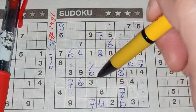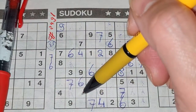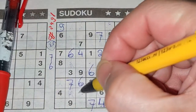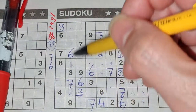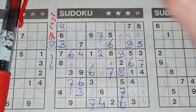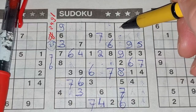3 in this row, 3 in that row. So in the row between, the only 2 places for the 3 should be here or there. We see there 3, no 3 there, 3 should be here. 3 in the third column, 3 in the second column. So in the first column, the only place for the 3 should be there. Then